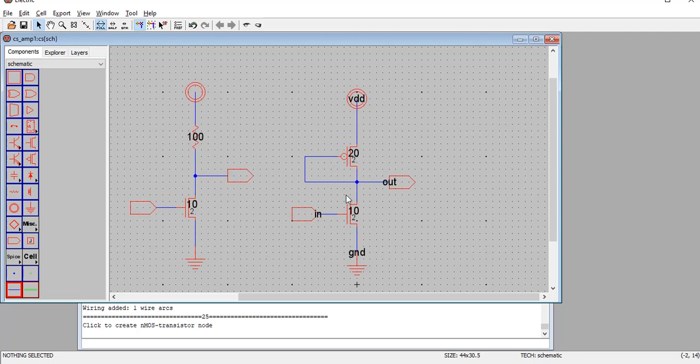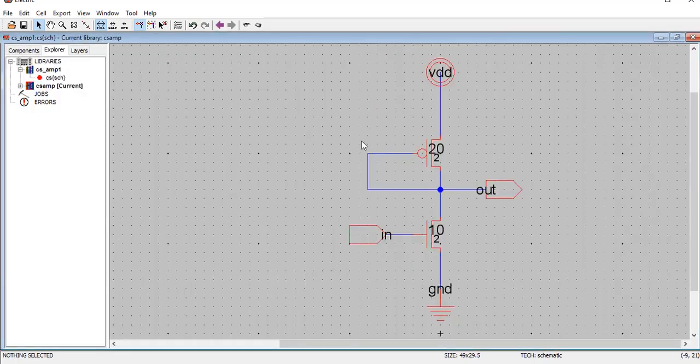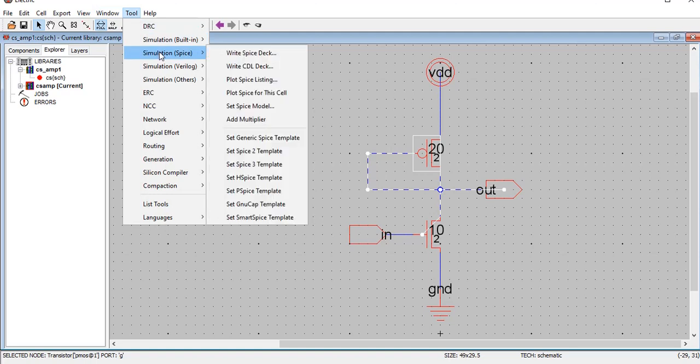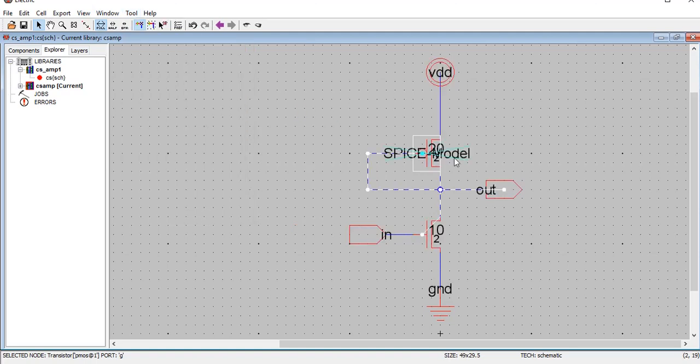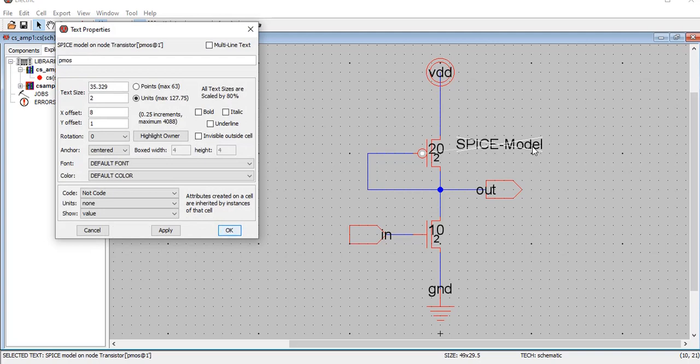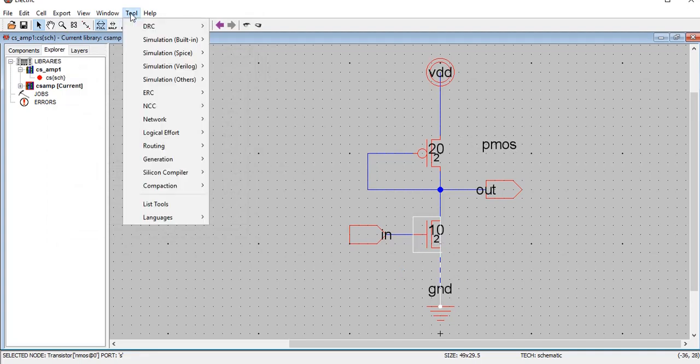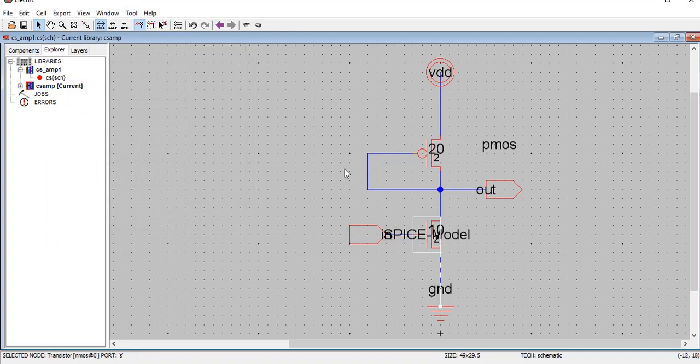But the only difference is that if I use a resistor, it will be difficult for me to fabricate, but if I use a MOSFET, it will be easy for me to fabricate. Hence I will be considering this as my main circuit. Coming back to this circuit, let us try to model the PMOS and NMOS by setting up the SPICE model. This is the same procedure that we adopted when we did our modeling with respect to different MOSFETs in the inverter, and let me do the SPICE modeling with the NMOS as well.